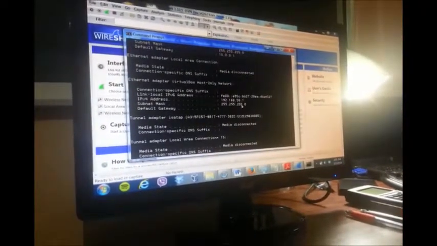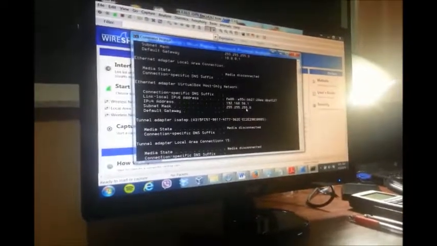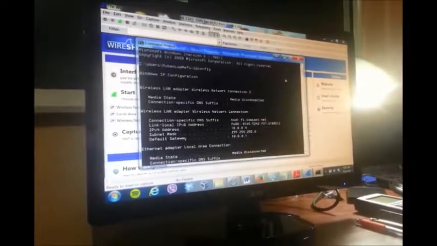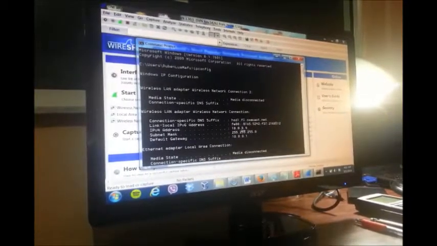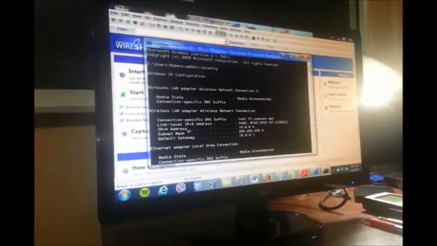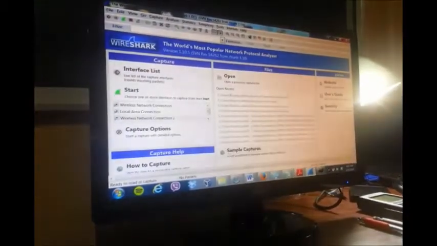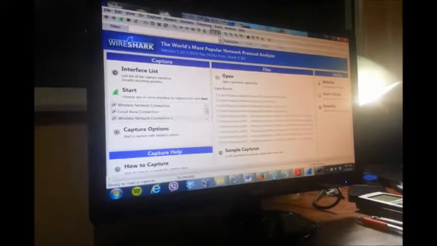So it should be the IP address that we communicate to the public network. The most important information are these two: the personal IP address and the IP address of the server. So I go back to Wireshark,